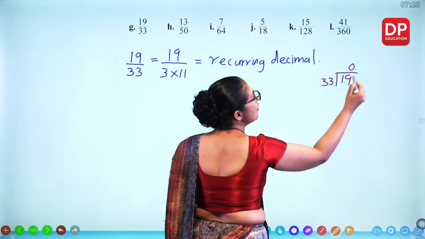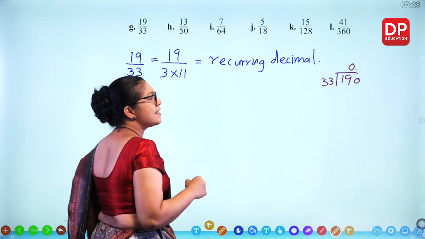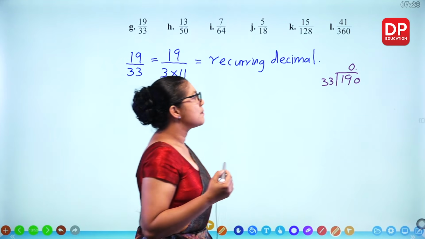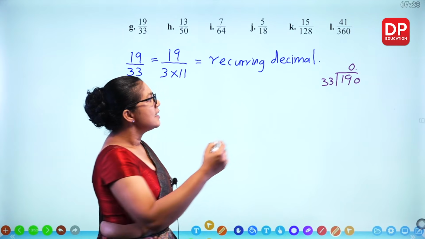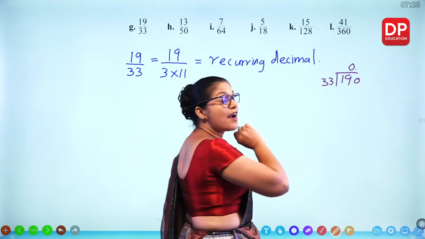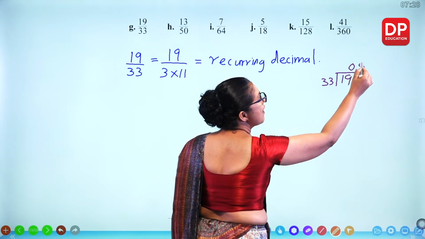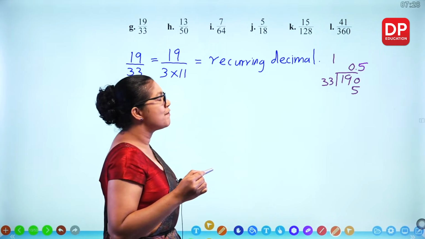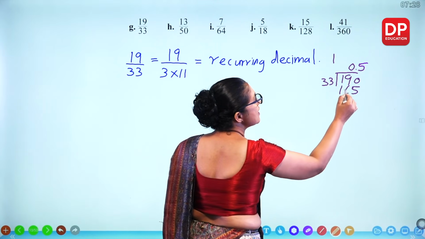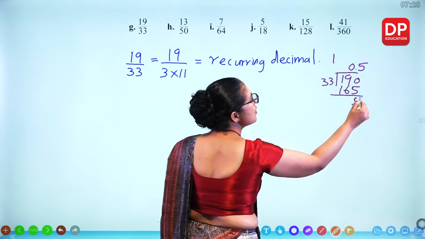And for 190, how many 33s are there? When you multiply by 6, you get more than 190. So this should be 5. 5 times 3, 15. 1 remaining. 5 times 3, 15 plus 1, 16. When you subtract, you get